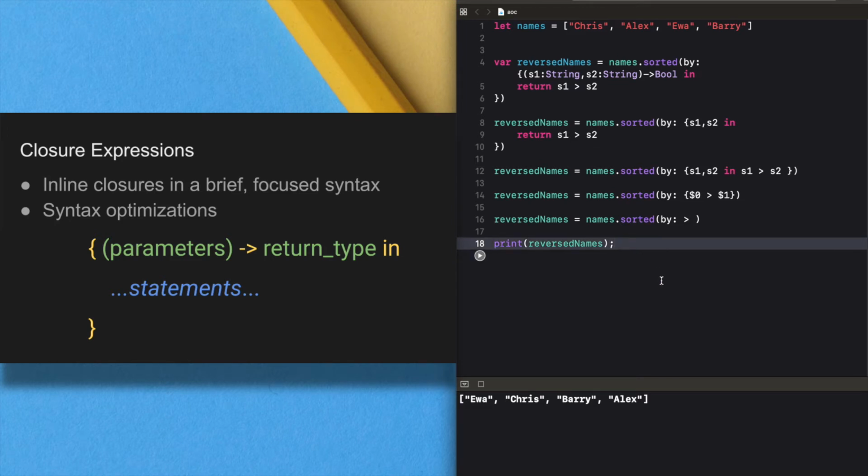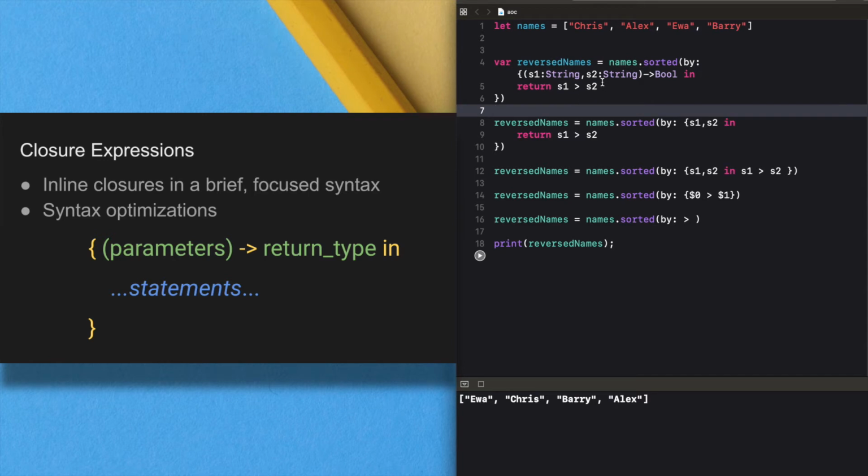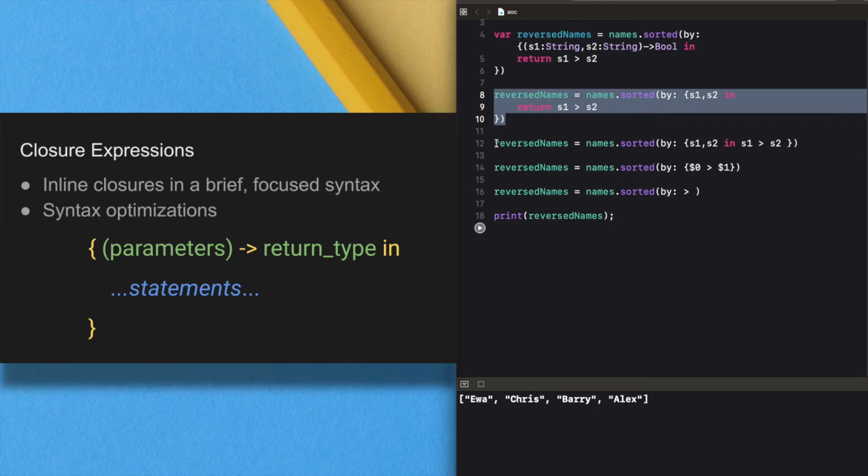These are the methods of using the closure expression syntax. First we used the full form, then we avoided the parameter and return types, then we avoided the return, since Swift will automatically return the value.